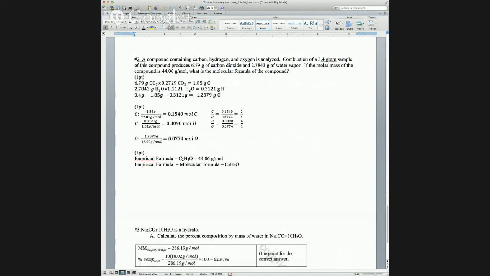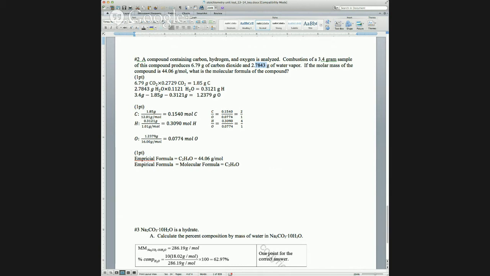This is just like I did with the carbon, hydrogen, and fluorine earlier, except that we have carbon, hydrogen, and oxygen. And most frequently it's carbon, hydrogen, and oxygen, but you never know, on the test they might do 4 things: carbon, hydrogen, oxygen, and bromine, like we did on the practice. Anyhow, combustion of a 3.4 gram sample of this compound produces 6.79 grams of carbon dioxide and 2.7843 grams of water vapor. Okay, so we look at that,